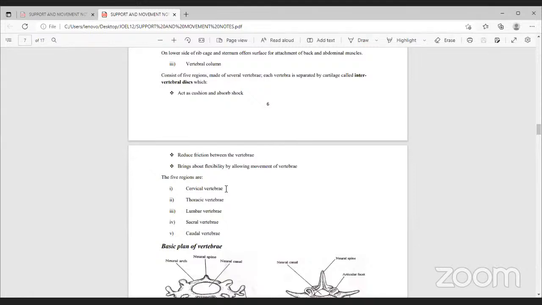Then we have the sacral vertebrae. This one is normally found in the sacral region, just near the pelvic girdle. Near the pelvic girdle, we have the sacral vertebrae. In fact,